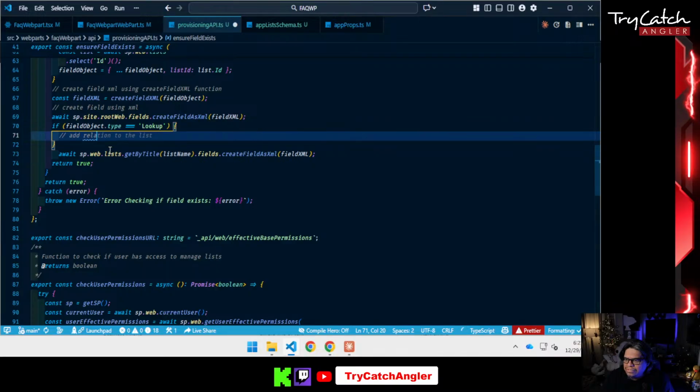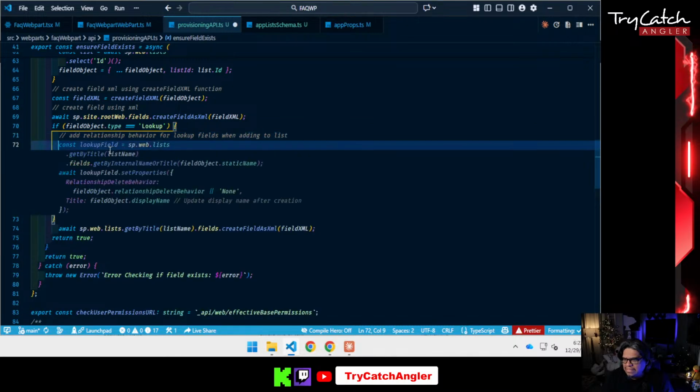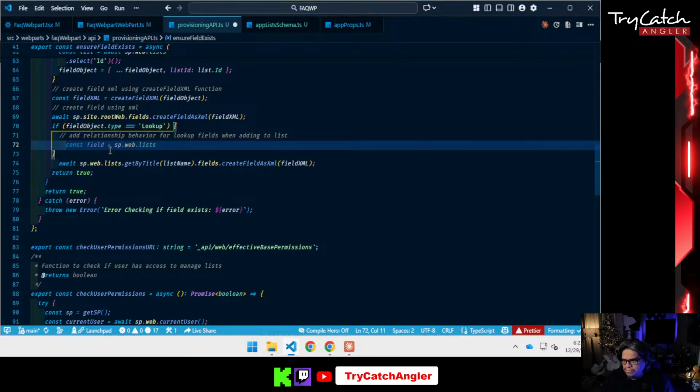Add relationship behavior for lookup fields when adding to a list. We take the original field object and we're going to